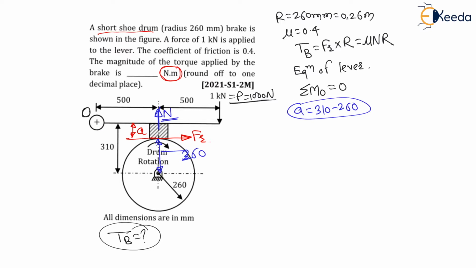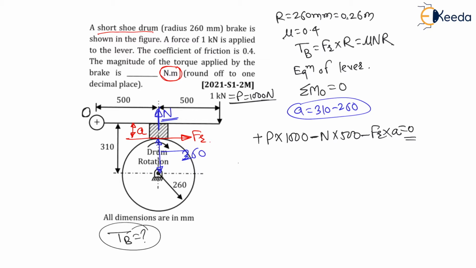So my dear students, about this O, can I say this force P is creating a clockwise moment and it is at distance 1000 mm. Therefore, I can say P into 1000, clockwise is positive, and this N is creating anti-clockwise. Can you imagine here? Therefore, minus N into 500 for N, right? And this frictional force is again creating anti-clockwise. Therefore, minus Fr into distance. Now the distance is A, right? Is equal to 0.